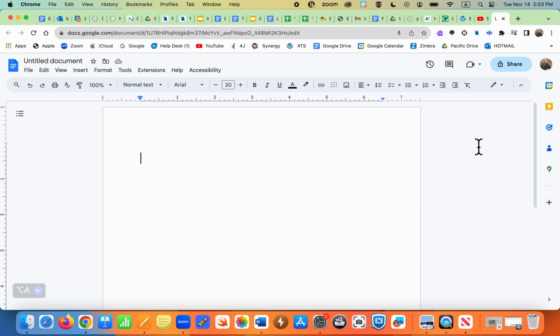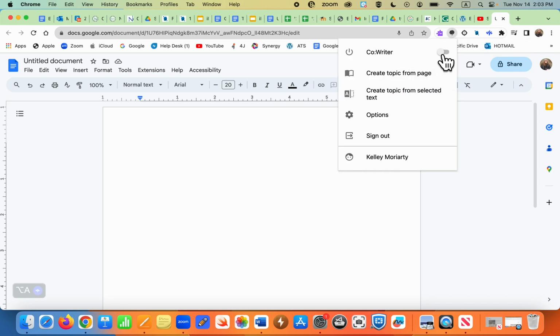Because I've synced with Chrome, under my 4J username and password, I have access to some extensions that the district purchased. One of them is called CoWriter. It's this little black icon right here. If you don't see it, it might be hidden in here. So let's turn it on. Here it's going to allow me to turn it on and off. You may have to sign in with your Google account initially, but once you're signed in, you should always have it. So I'm going to turn it on, and then I'm going to go right to my settings, which are